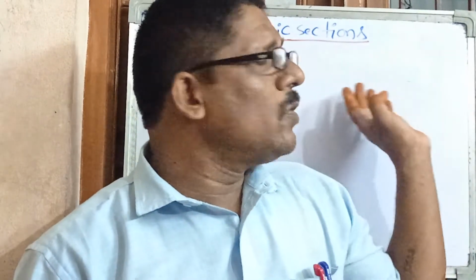So we know that it is a very important topic. Conic sections include parabola, ellipse and hyperbola. Already we discussed how the sheet is divided, the different divisions of the sheets, in the last class. So today we will see